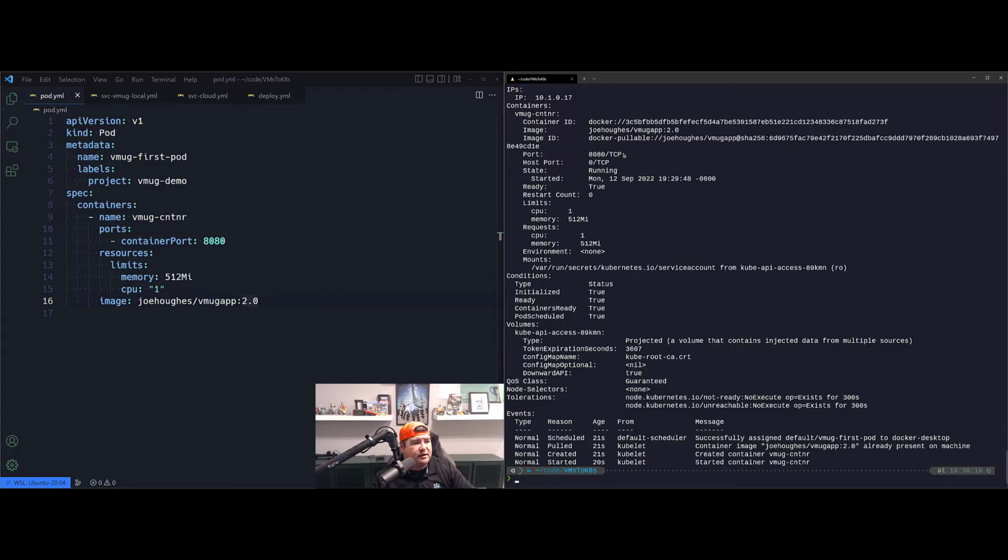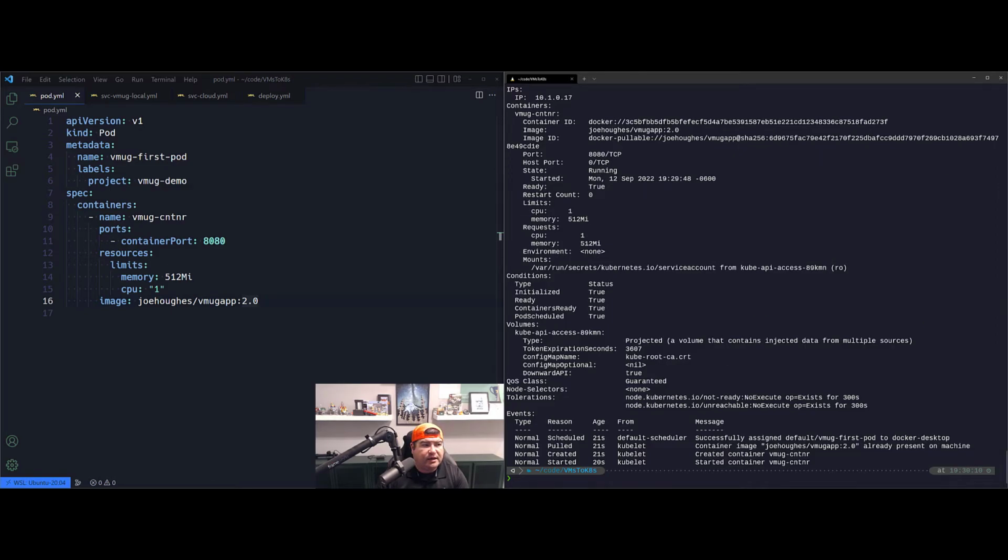But the containers that are involved in it, right? What's the state for the ports and all of these things? What's the limit for resources that we've given it? What are the conditions as far as the statuses for everything? And then the actual events that ran to create this, right? So we have a description of this pod.